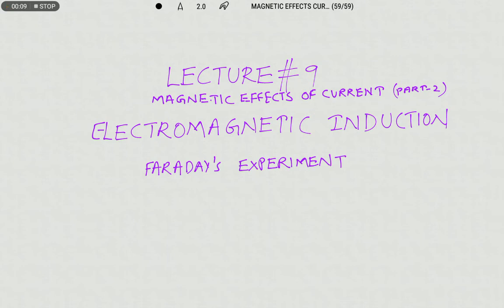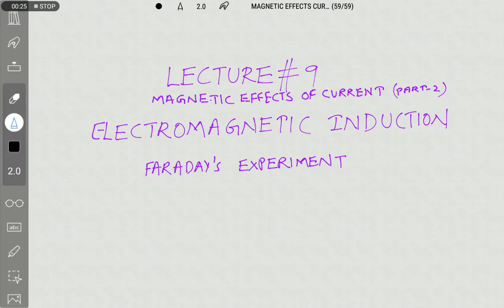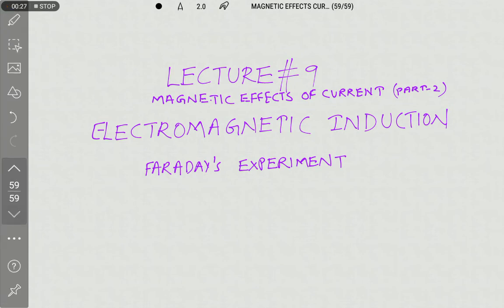So this magnetic effects of current we are studying under two parts. One is when the current passes through the conductor, the magnetic field is set up around the current carrying conductor. And what is the second part of this? In the second part we are going to deal with when we are changing the magnetic field around the conductor